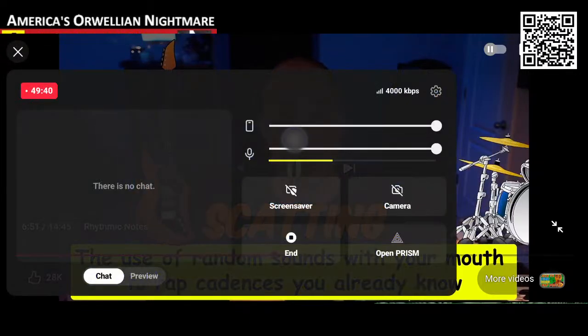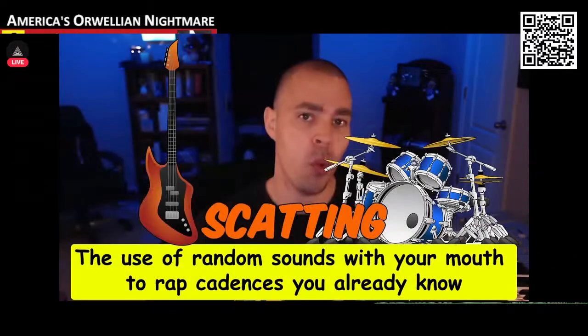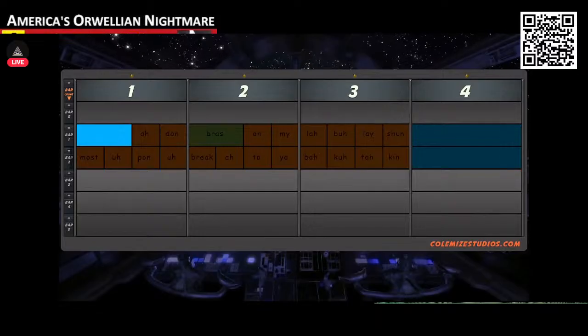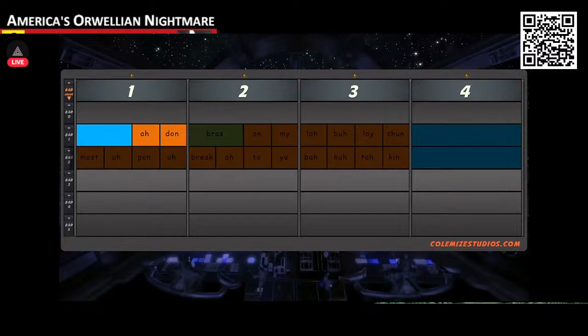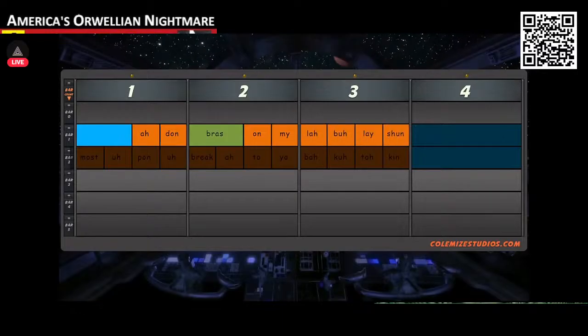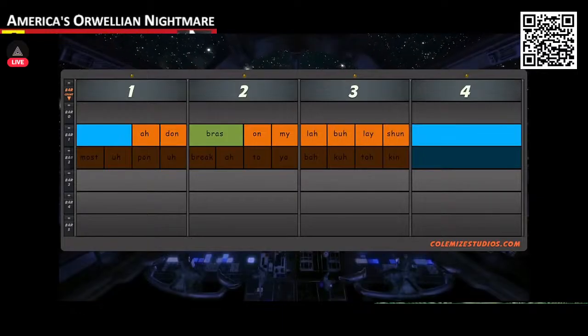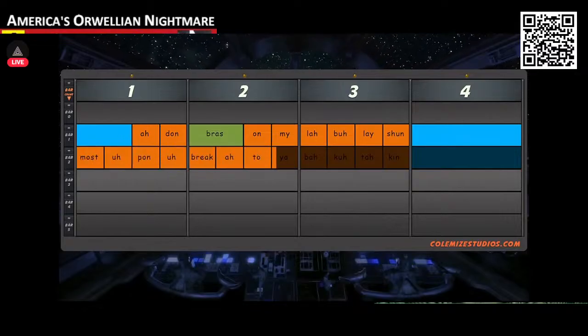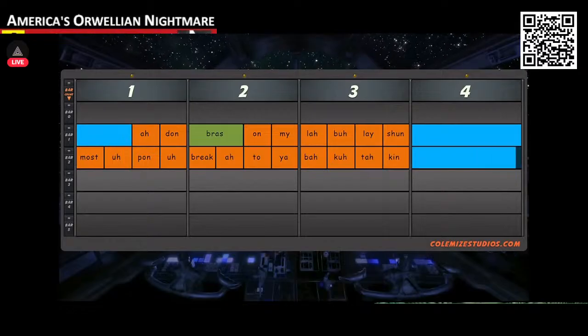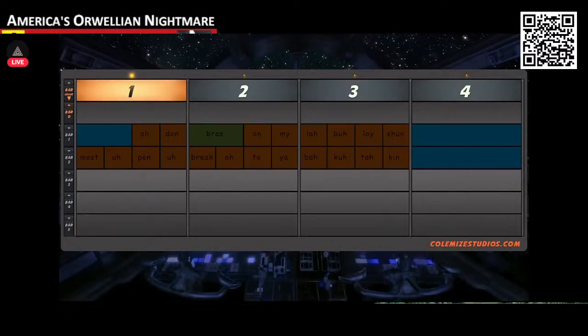Instrument, just like how guitars and drums don't have any real words that go with them either. In this example, the cadence I came up with for bar 1 has a pause for the first half of beat 1, then I fill the rest of this beat in with 2 16th notes. On the second beat, I use an 8th note followed by 2 16th notes, and then I fill beat 3 in with 16th notes and pause on the 4th beat. On the second bar, I fill in beats 1, 2, and 3 with straight 16th notes, and then I pause on the 4th beat. And here's how that sounds.